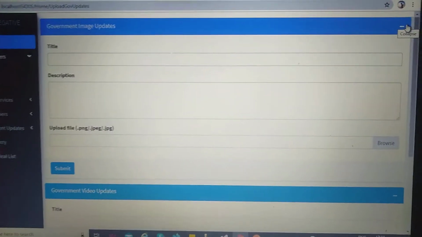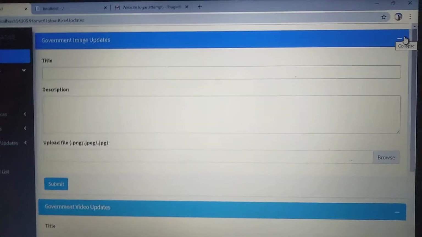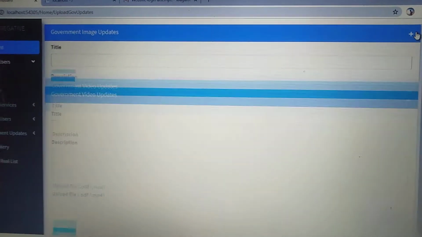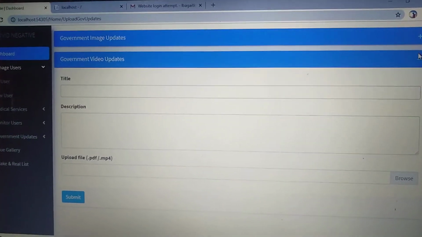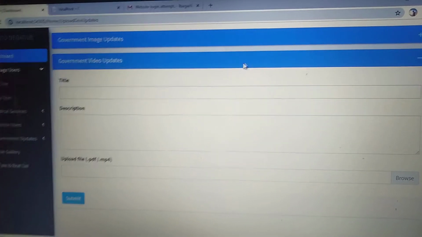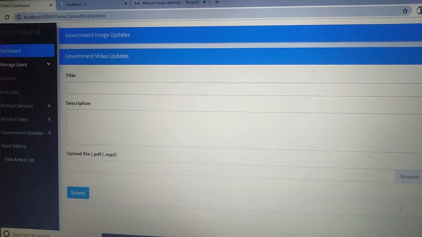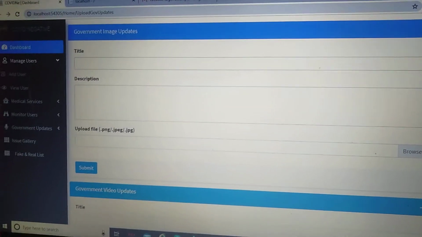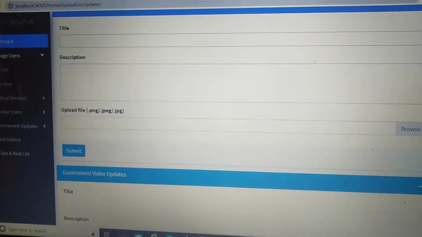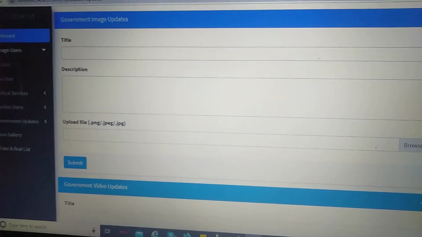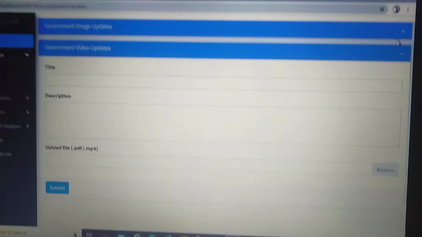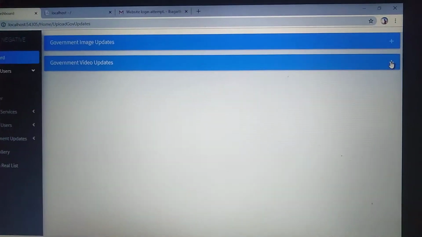Okay, so this is the government updates. We found out a simple problem that the governments don't have a single platform in which they can launch information on a single platform, for example central or state or municipal corporation. So any information regarding corona, if they have to give, they can update it whenever they want.